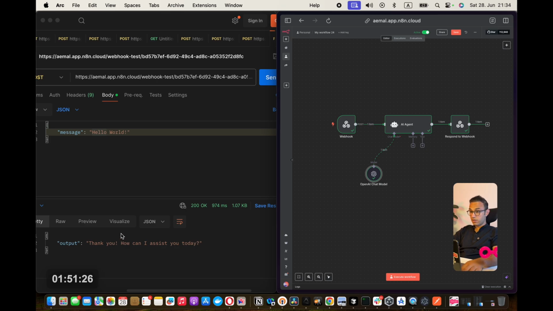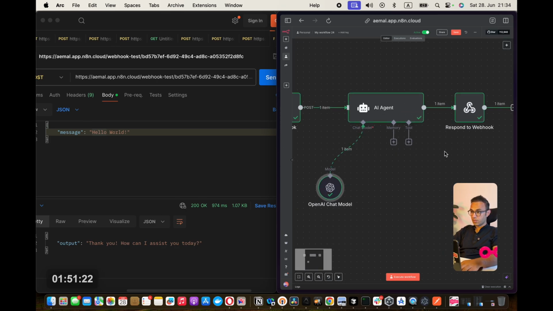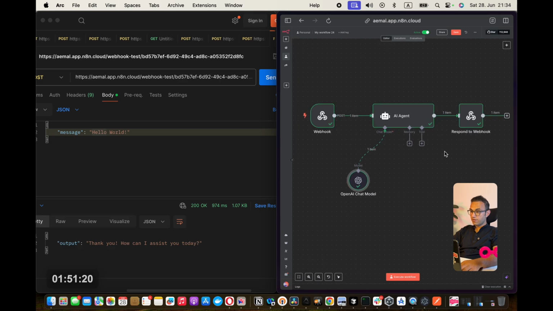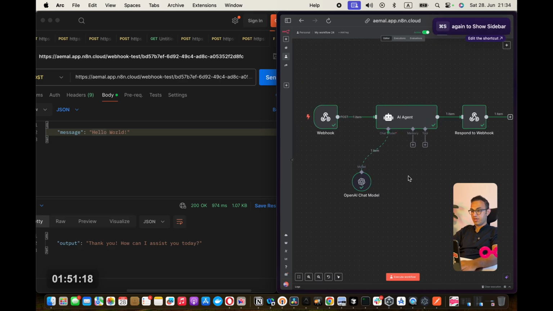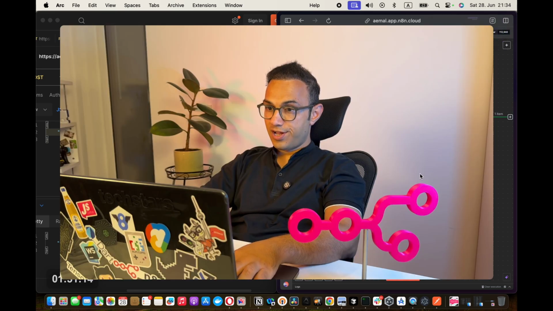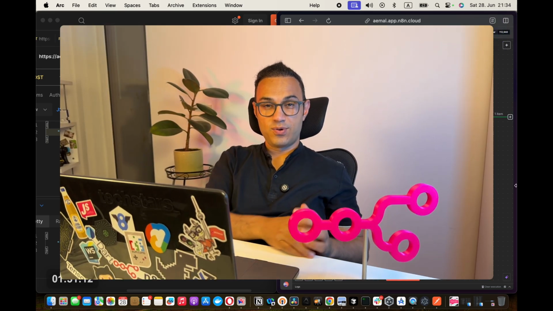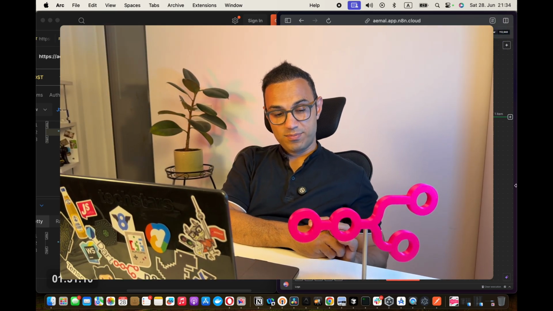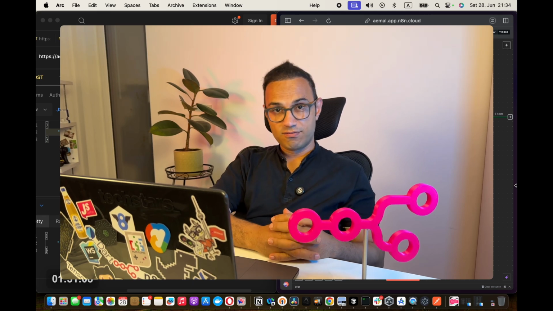So what we have done right now with this little tiny workflow, we have built ourselves a scalable API. This is the moment when I saw this happening after 2, or 2.5 years of being involved with this.